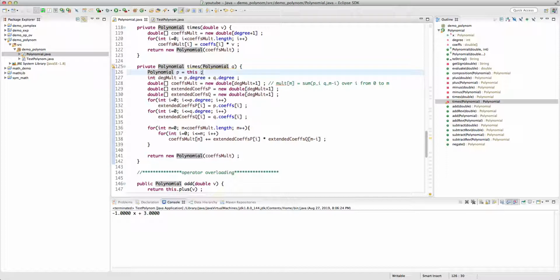And then the degree of the result of multiplication is the sum of the degree of P and Q. All right, that's the first rule. And now because I know the degree of the result, I can create an array for the coefficients of the polynomial of the result, whose size is degree plus 1. Okay, and then we have this convolution sum, multiply coefficient at some index m, and m runs from 0 to degree mult,